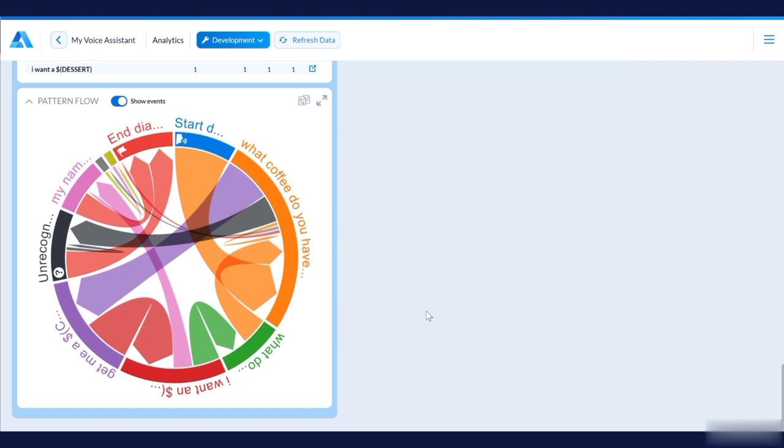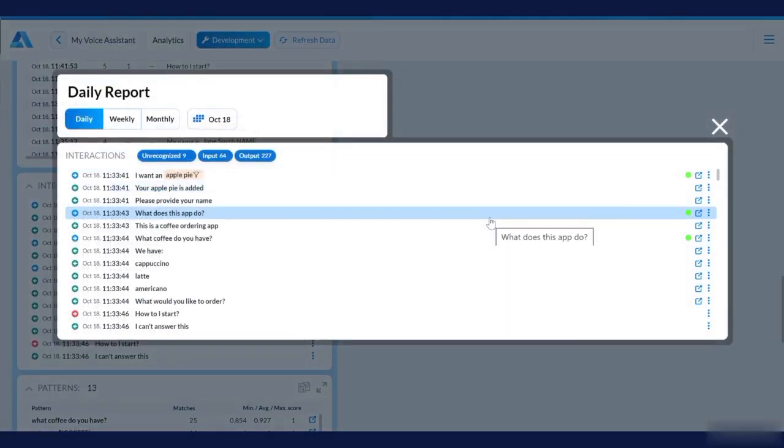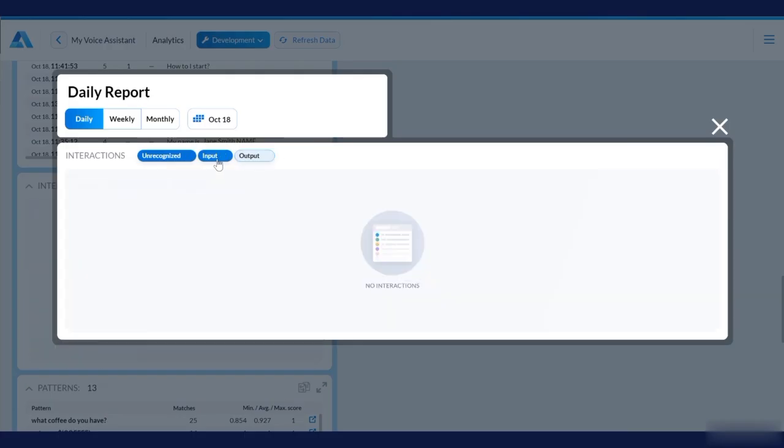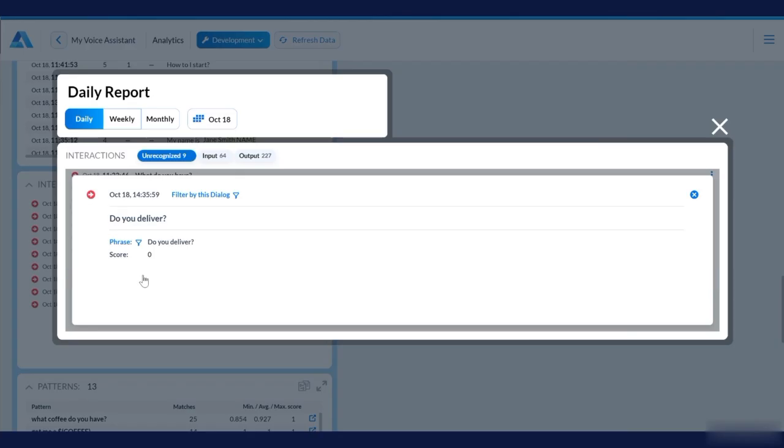Most of these widgets are straightforward, so let's dive into the one that visualizes the user's behavior. Scroll down to the Interactions widget. It shows the whole dialogue transcript for every single customer interacting with the voice assistant. You can filter the transcript by pattern in dialogue, see all errors, and identify the opportunities for improvement in the